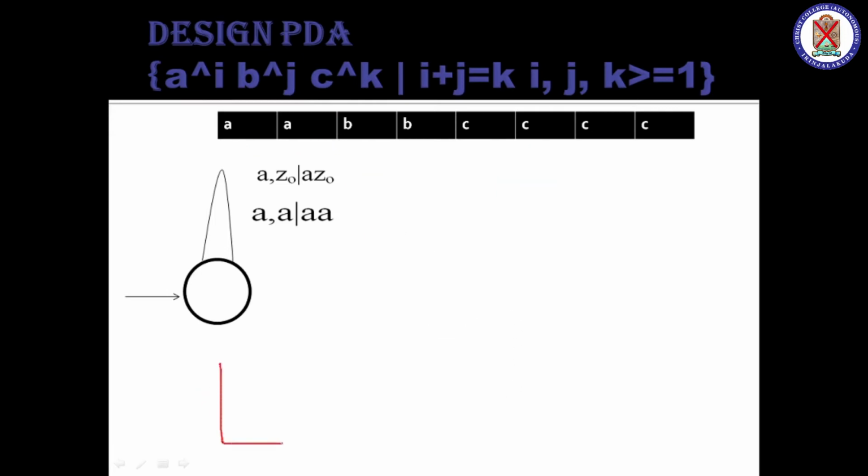Okay. So after this loop, that is after these 2 a's are seen, what do we have to check next? We have to check for the b. Before that I will draw the status of the stack. Now we are inserting 2 a's, isn't it? So first a must be checked. We cannot check b at this time because the pattern says that first a must occur, then b must occur. For example, if b comes and the stack top is a, we insert what?